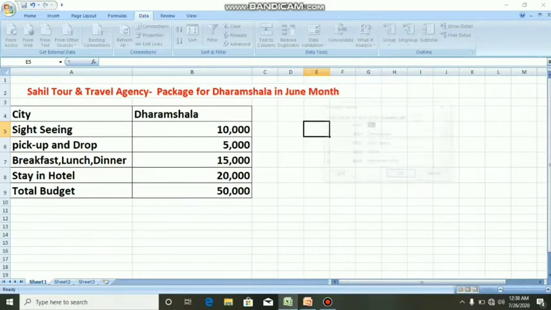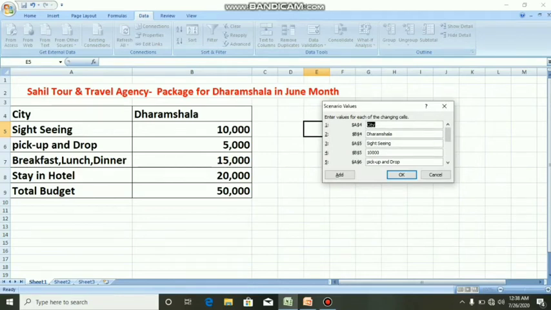Click on OK. Now here you can see that each field will be displayed. The first is city. In the city data we can change it over here, that is Dalhousie.